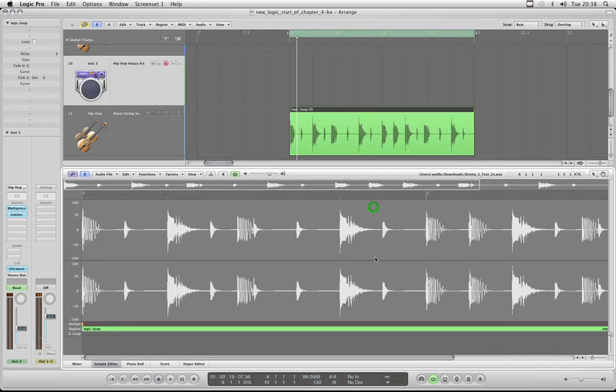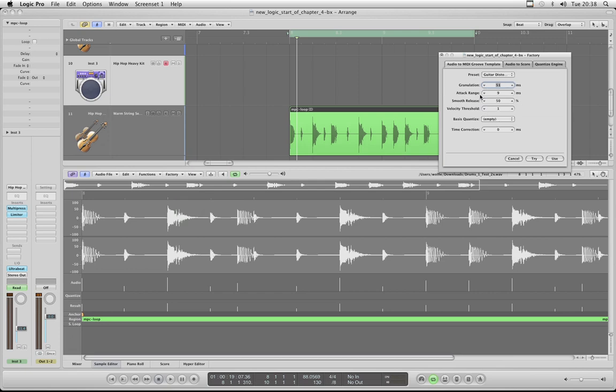Right, double click, let's do our first analysis and create our first MIDI groove template of this loop. Show Factory Audio to MIDI groove template. Okay, this is the previous preset that I used and then tweaked, and it works quite well. So there we go, we've got a vertical line in the results row for every peak. That's all we're looking for. Doesn't matter if they're super accurate. Done, fine. Click